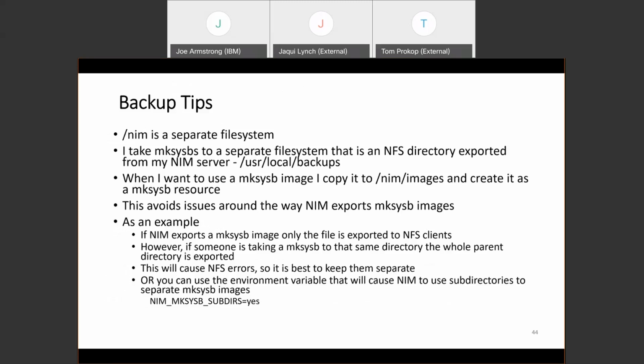So I have a directory /backups that gets mounted locally on the LPARs as /usr/local/backups. I take all my mksysbs to there. And then if I want to use a mksysb image, I'll copy it to /nim/images. One of the things I haven't really put on here is that most people have some product out there that backs up all their data, but they don't have anything other than NIM that backs up their mksysbs, and that's fine, but please back up your NIM